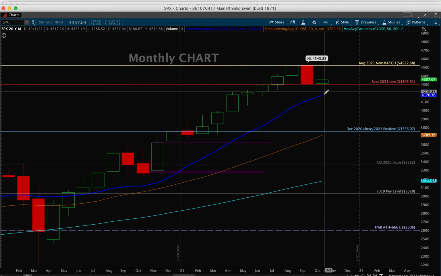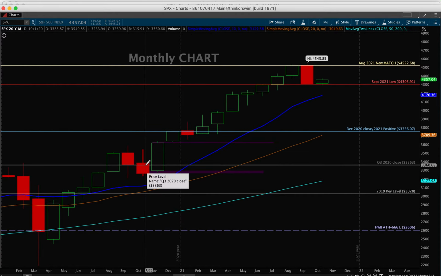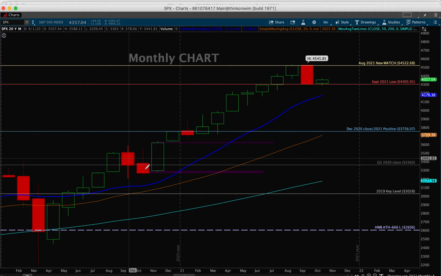Below the September low is this 10-month simple moving average at 41.76. We've not made contact with that level, or with any of the SMAs for that matter, on the monthly time frame since back here in June of 2020, when we were coming off the COVID low. We haven't put 2 red months together since 2020 as well, in September and October. So that's something to think about here.